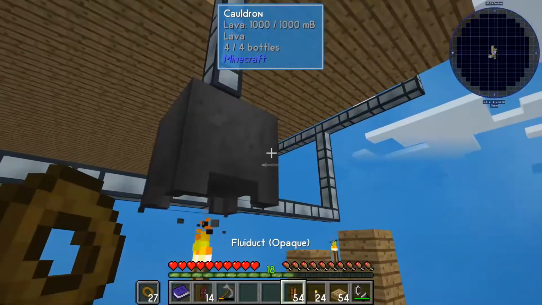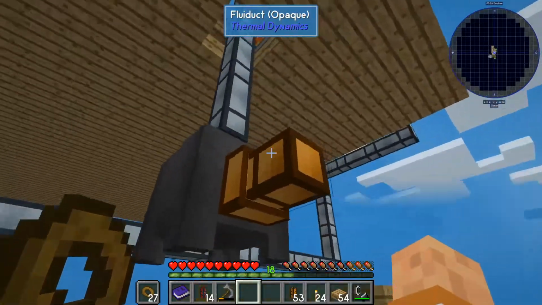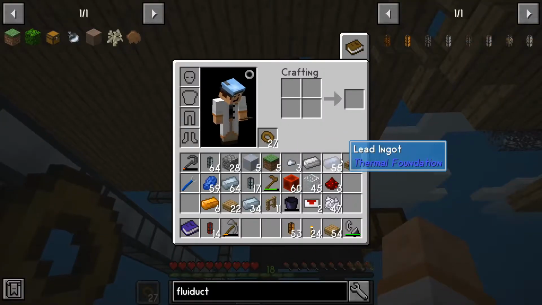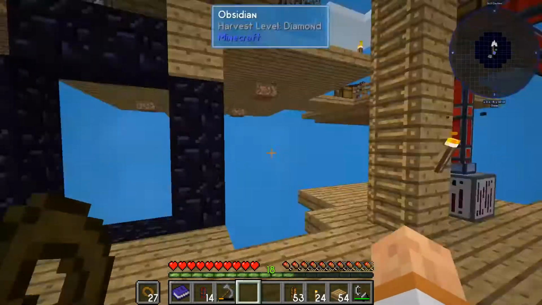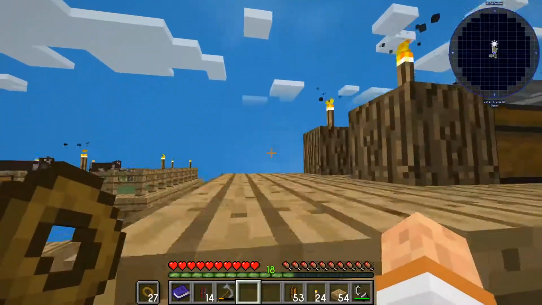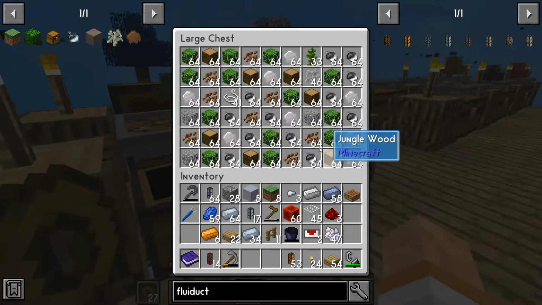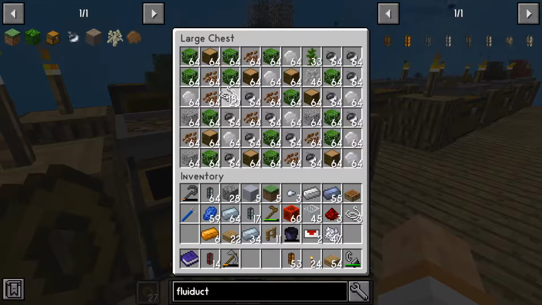And I assume that these won't be able to pull it out. No, they can pull it out, but they... What? Can I dispense into it? I could make a... Let's try it. We'll try making a dispenser. We have the materials to do it. Take us a moment. But... I don't know. I actually...